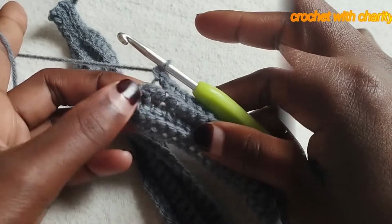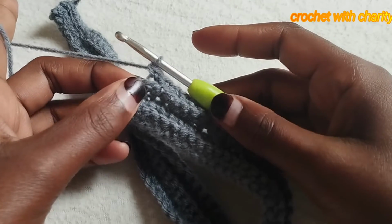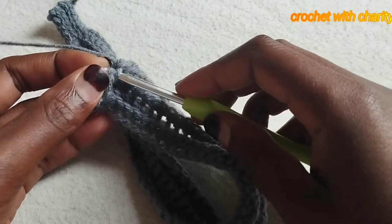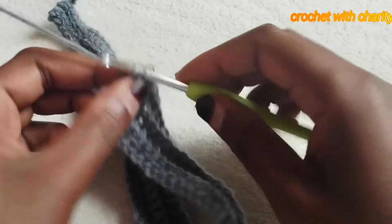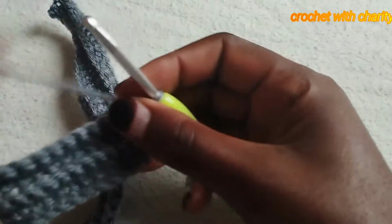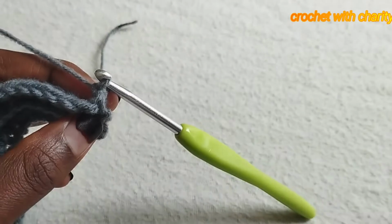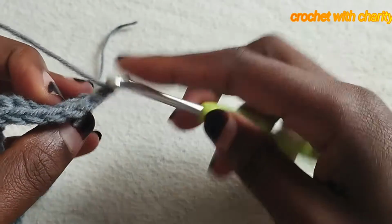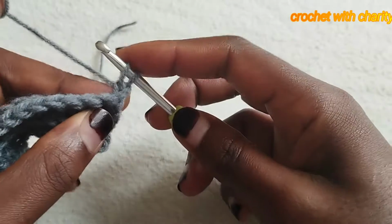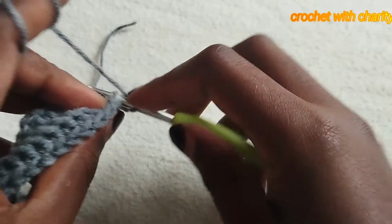Every time you get to the last stitch where we are making single crochets, you insert your hook in both loops and make a single crochet, then chain 1 and turn your work. Start making single crochets from the very first stitch, but in the back loop only. So insert your hook in the back loop, grab yarn and make a single crochet, go into the next stitch,